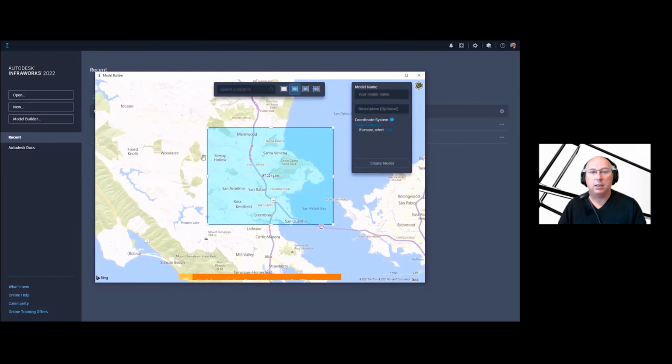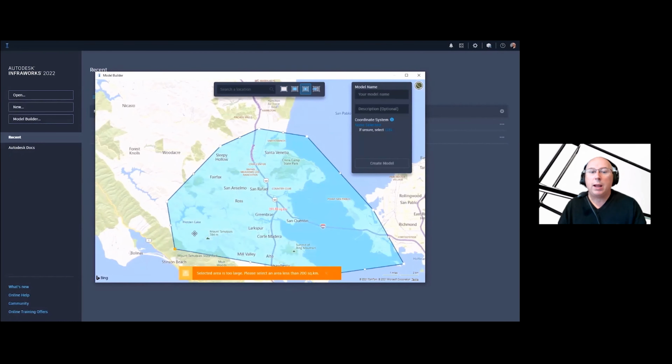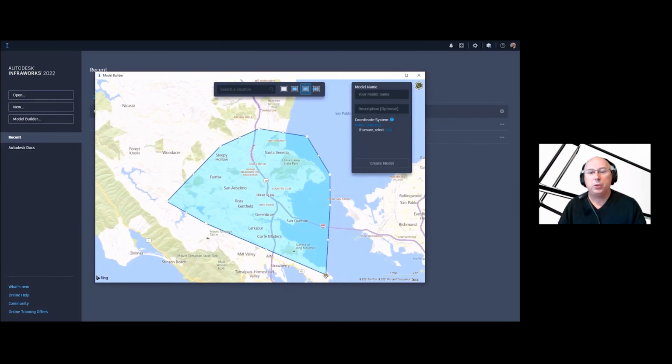That's the second button. Now there's a third button we could use, and that's draw a polygon. So let's draw a random polygon around San Rafael. Draw it over here. You can see it's not complaining yet. And now it is. You can see the red area says 300 square kilometers, and there's the complaint at the bottom. So if I grab these little grips here and move it around, I can make my polygon a little bit smaller, almost to the limit. There we go. We're under 200 and it's not complaining anymore. So that's really good. I've got the ability to do that.